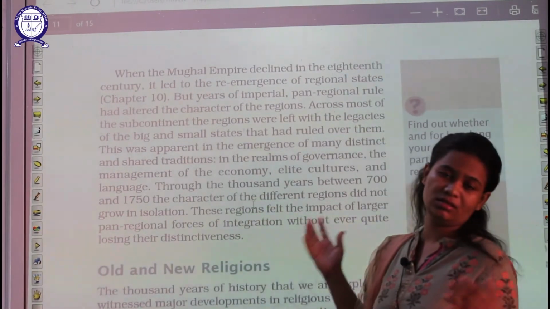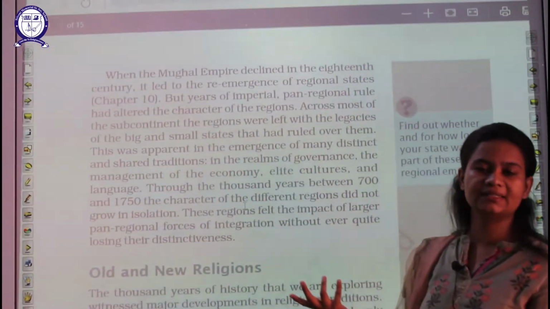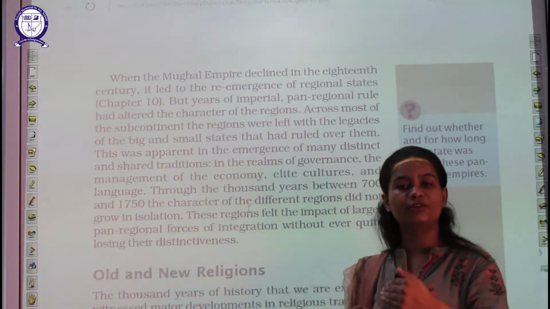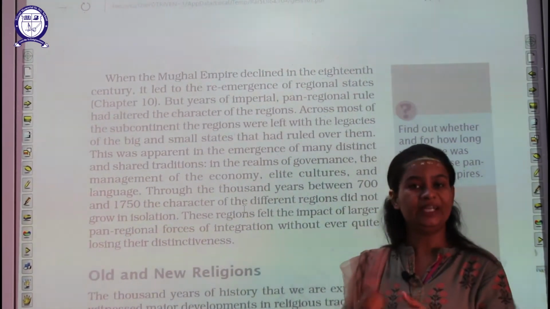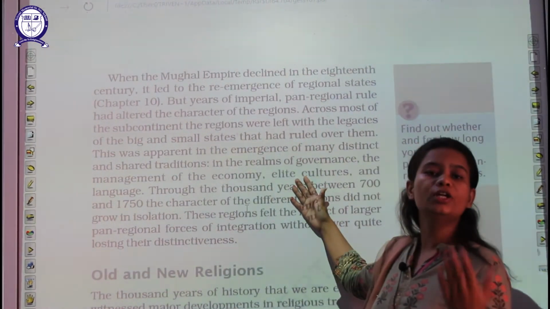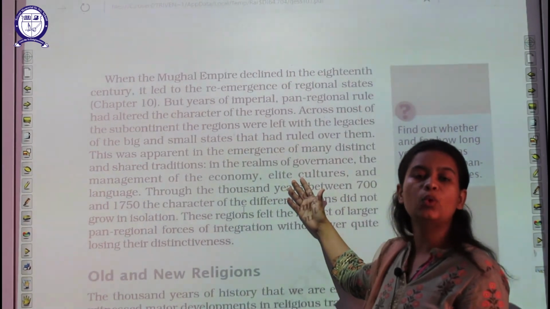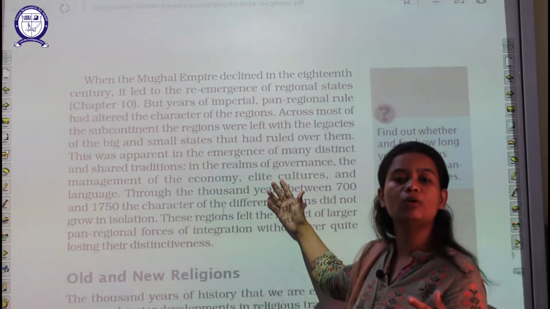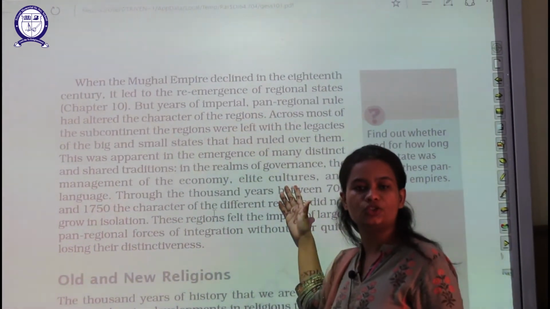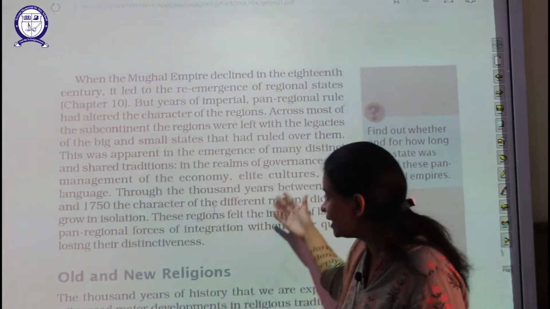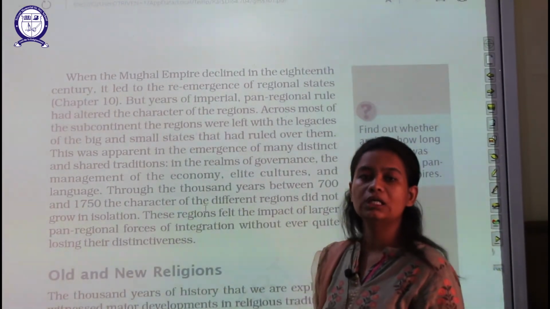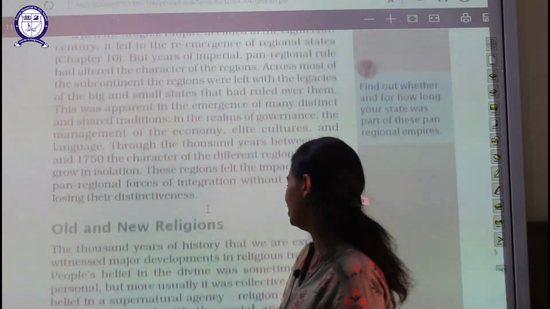And as these dynasties emerged as very powerful, you can say, a shadow, or a very powerful status in the society, they enjoyed a good economy. Good economy means wealth, a good amount of money and resources with them, elite culture, very good culture and tradition, and they spoke an efficient language, their traditional language, that was also there.